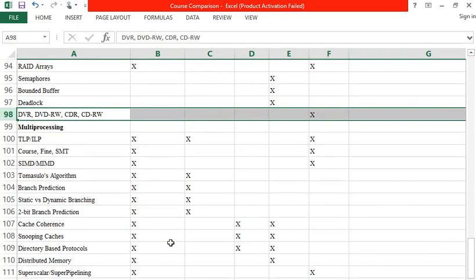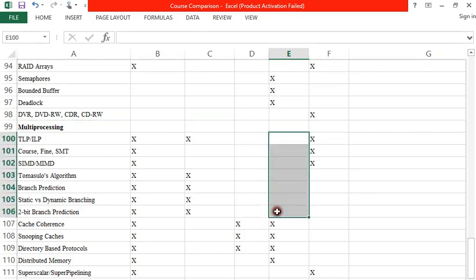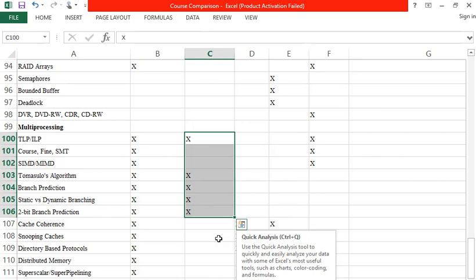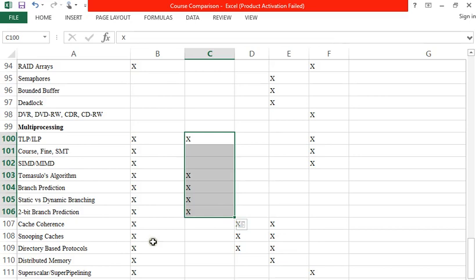So multiprocessing, we went quite a bit into multiprocessing over the last couple of weeks. It's left off here. MIT was covered a little bit at Mississippi State, though they don't really go into course-defined multi-threading. We also talk about how that ties into cache coherence, Snoopy directory-based protocols, distributed memory, and